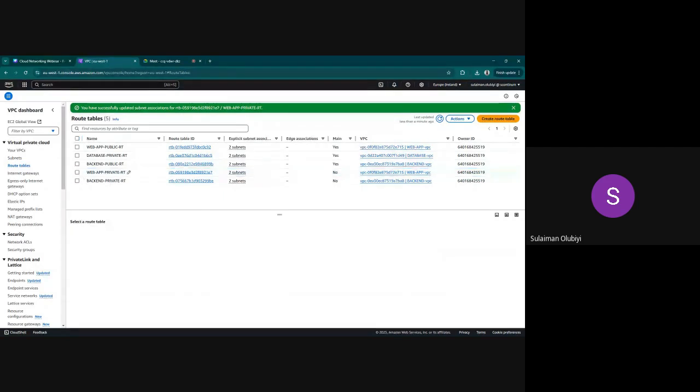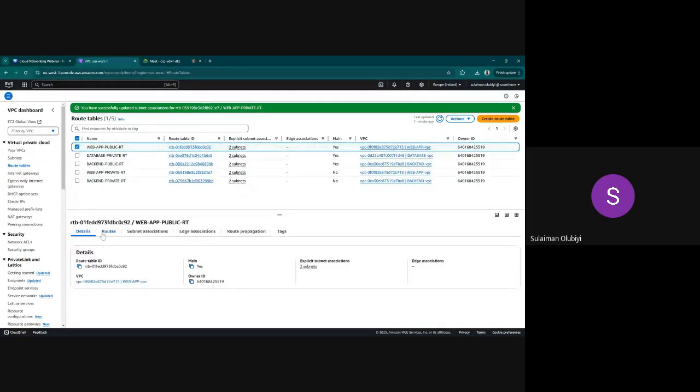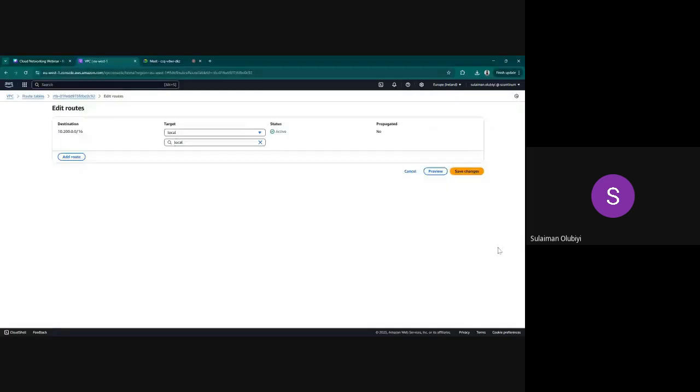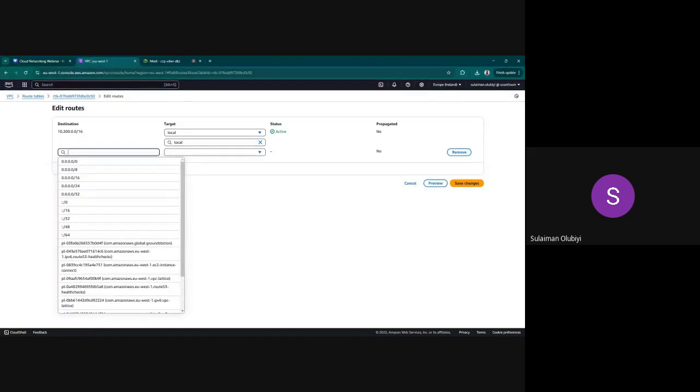So what we tried to do was to create a VPC. After creating a VPC, we create subnets and we create route tables. And we associate the subnets to the route table. So all we have here is a public route table, we have the private and we have the backend. So on the public route table, what we need to do is edit the routes, as we said last week, like the default route